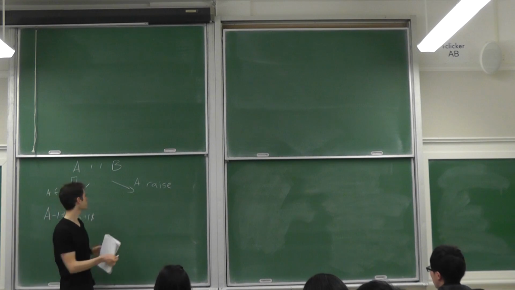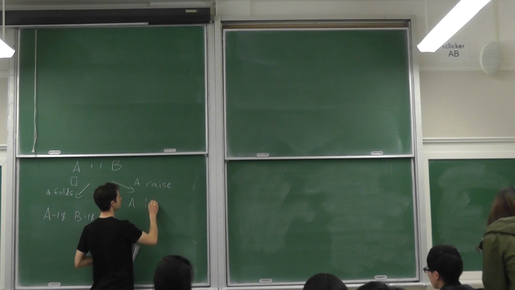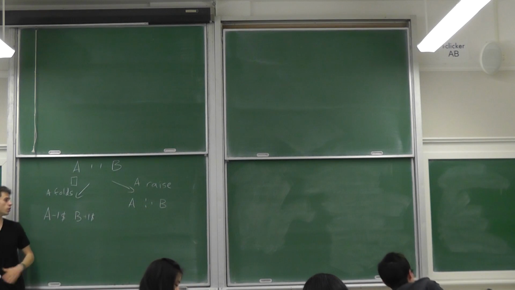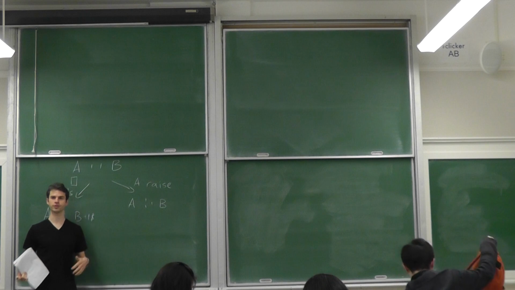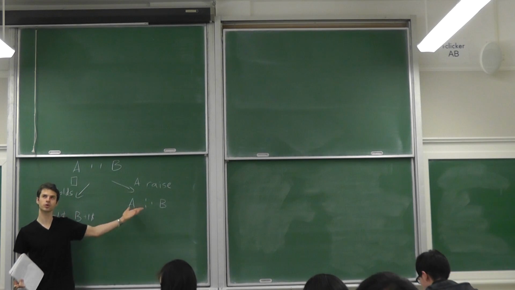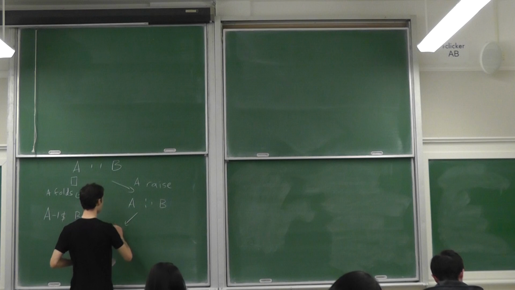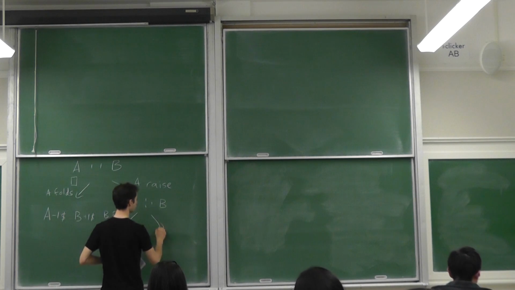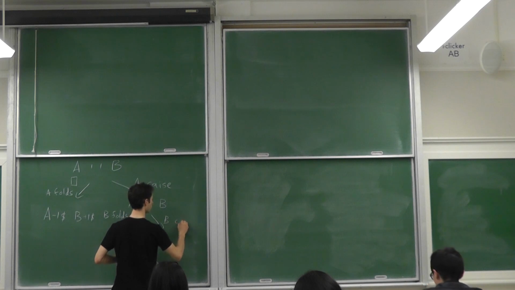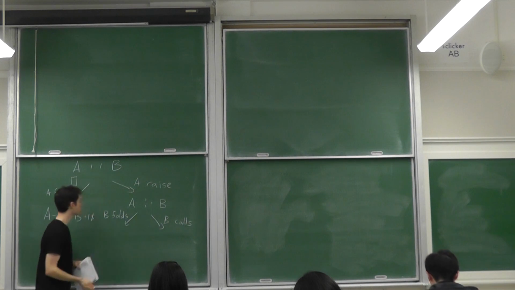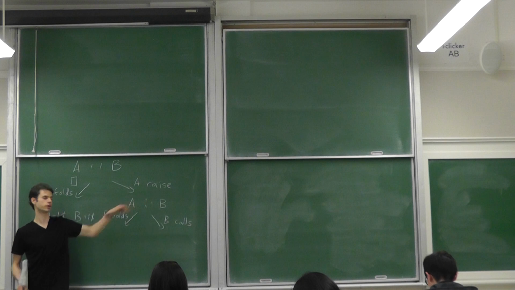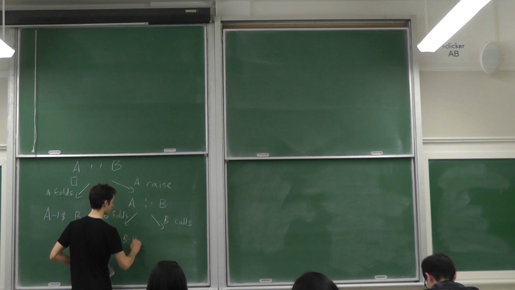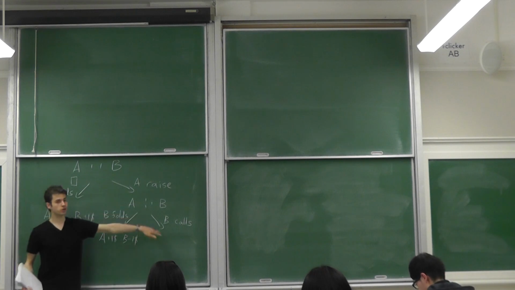If Ace decides to raise, now Ace touches the table. She has put $2 on the table, Bob has put $1 on the table, and now he has to make a decision whether he wants to call or to fold. And once again, two options: Bob can fold or Bob can call. So if he folds, he loses his $1, which means Ace receives $1, Bob loses $1. If he calls, well,